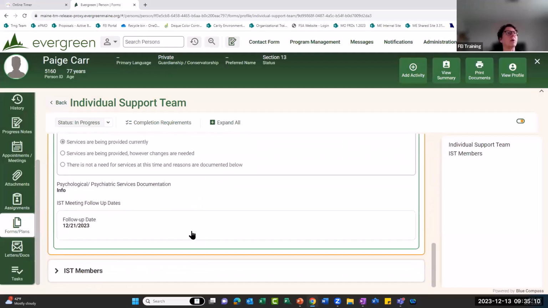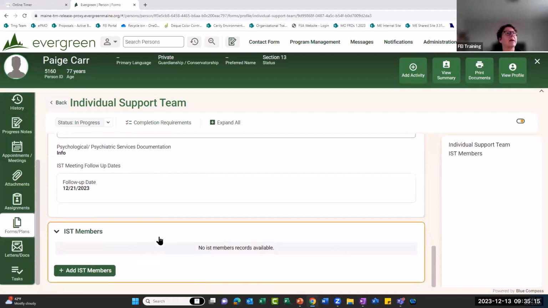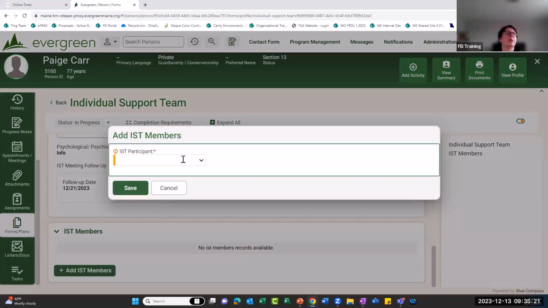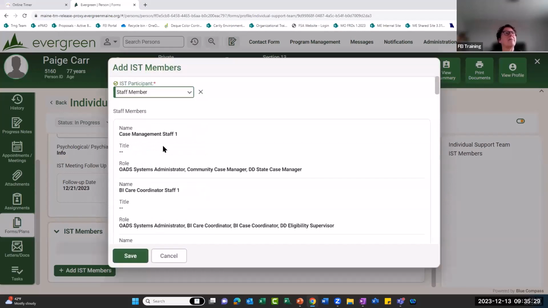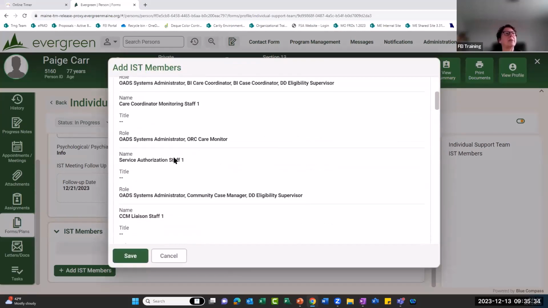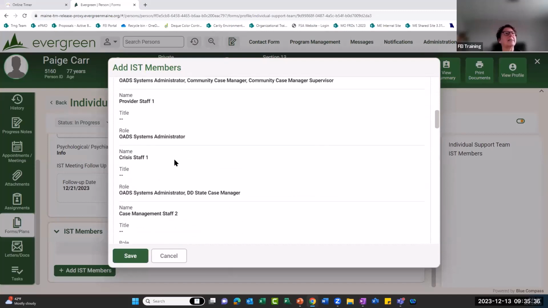And I'm going to work my way down the form to the IST members. And I'm going to add here the IST members. And from the participants, I select staff member, contact, and other. Well, I want to show you what staff member looks like. And here's all the different staff members that I could select. And I'm going to select,